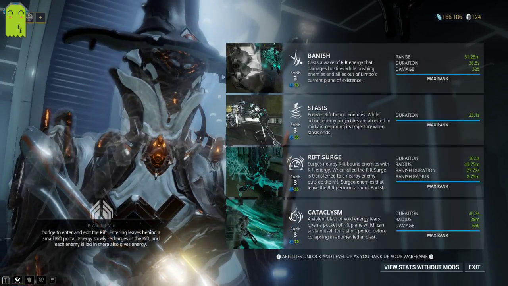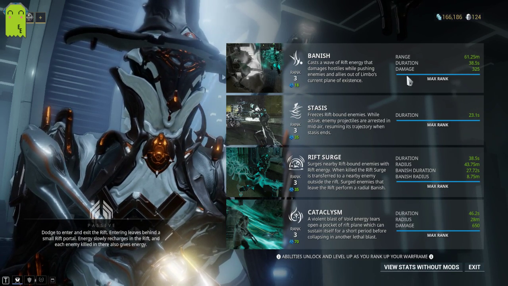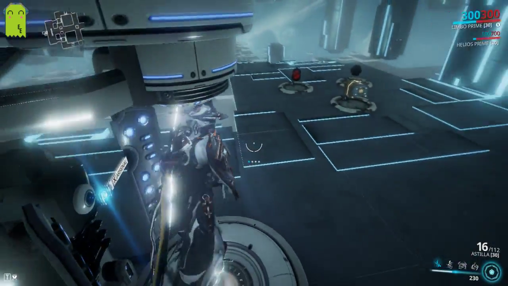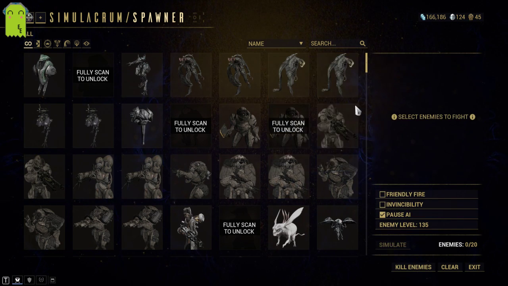And this will make your abilities last a good deal of time. Your stasis will last 23 seconds. Your banish will have a huge range, good duration. Rift Surge and everything else will have just overall a good amount of effect. Now, once again here, we're going to kill these enemies. We're gonna only summon